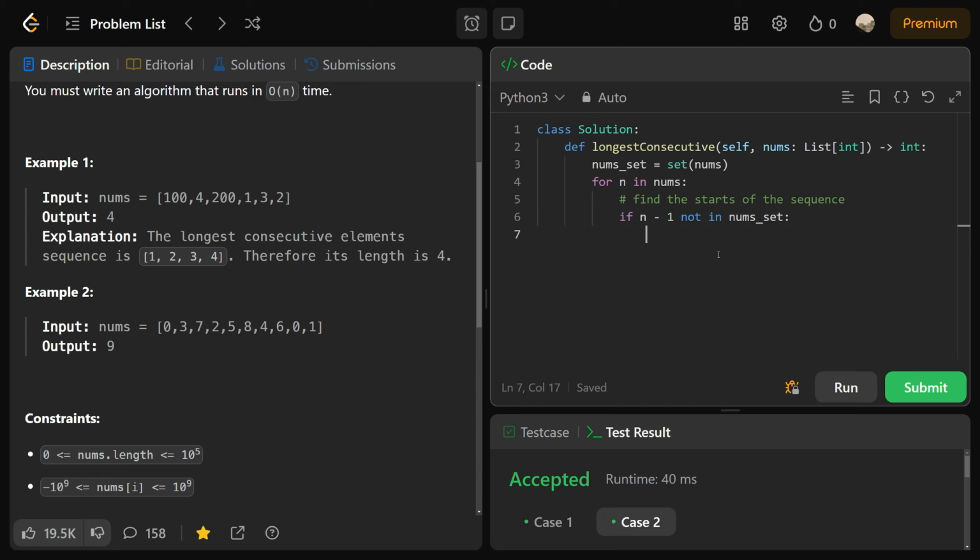We just know that we're at the start of the sequence at this point. So if we're at the start of the sequence, how do we count the length of the sequence? There are various messier ways to do it, but I think the cleanest way is to have a little counter. Let's call this counter cur. We're going to set it to 0 at first, or even 1 at first, doesn't matter. So while n plus cur is in the nums set,